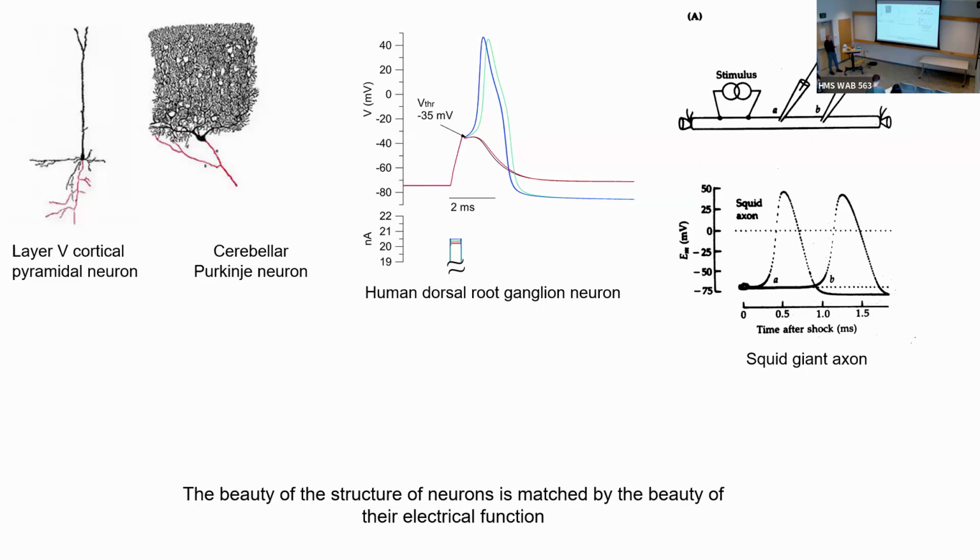And if you look at an axon, and these are recordings from the squid giant axon, where these experiments were first done with intracellular recordings, then you see that these action potentials propagate along the axon and then carry the electrical signal along the axon down to the terminal. And so largely what I'm going to talk about is the way that we as a field understood the machinery behind the action potential in terms of ion channels, and then I'll discuss some other aspects of ion channels also.